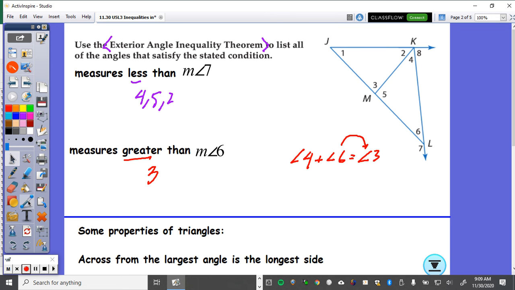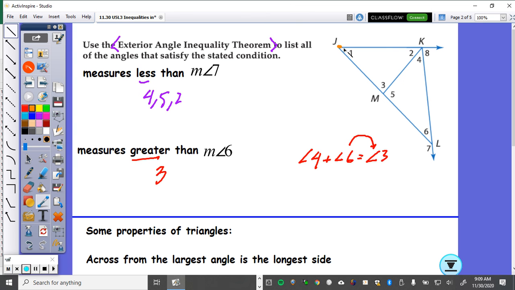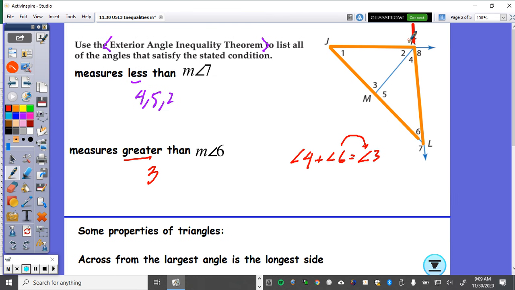let's say I did the large triangle. All right, and we again want to find an angle that's bigger than 6. In order to use the exterior angle theorem, I would have to have an angle that sits out here somewhere. Okay? If I had an angle out there, X, then I could say, well, angle 6 is bigger than that as well. Okay? You'll get some more projects on it. All right, so